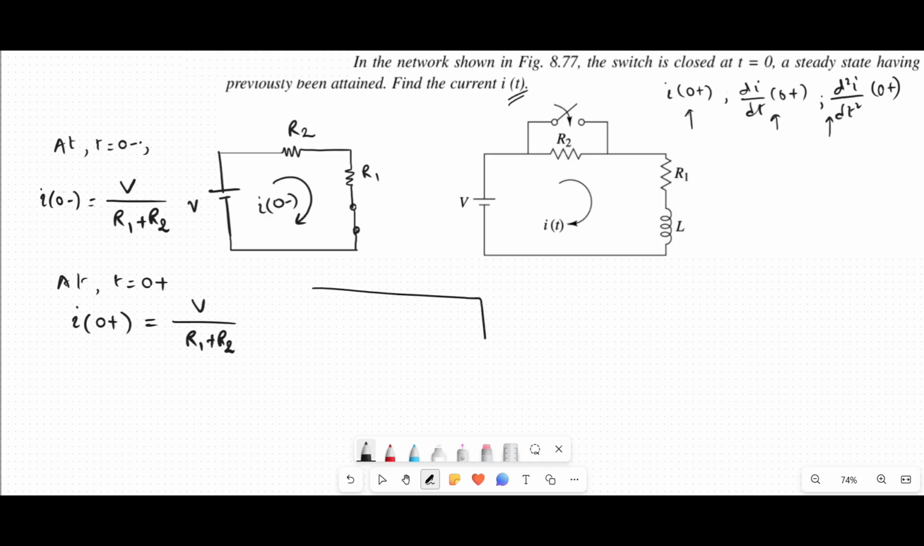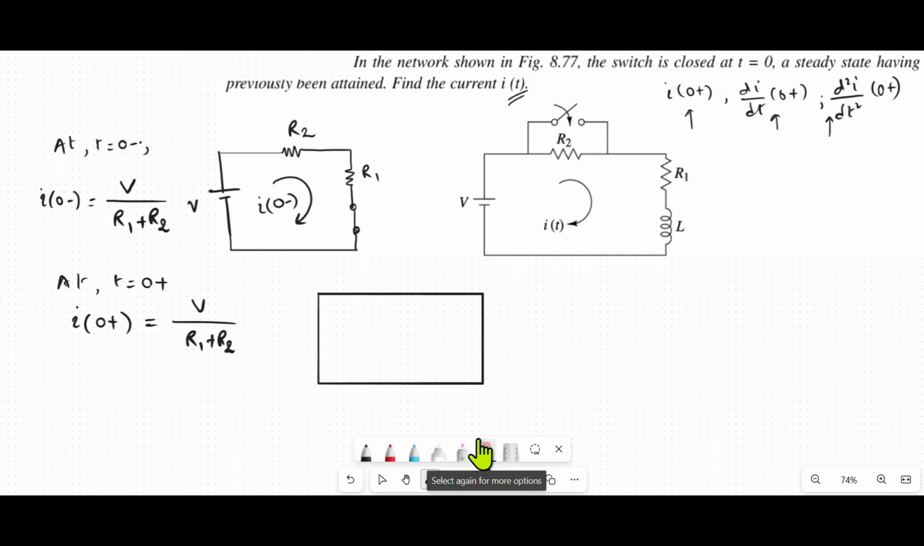So when the switch is closed, now let's see what will be the corresponding changes in the circuit. So in the circuit now we will be having the voltage source, and we will be having only one resistor, which is R1, and we will be having the inductor,